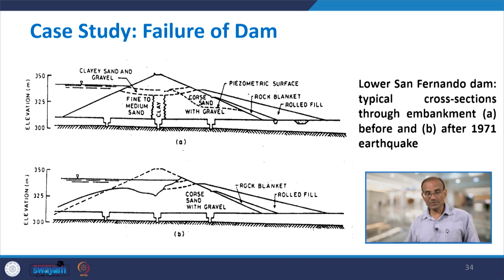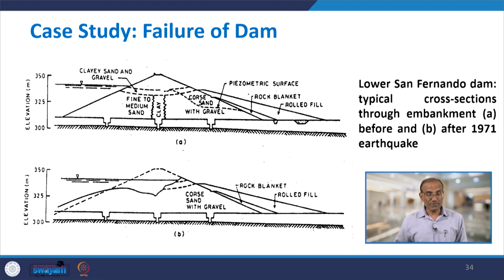So, here is the photograph of the dam. This is the lower San Fernando Dam, a typical cross section through the embankment. On top is before the earthquake, and at the bottom after the 1971 earthquake. So, what happens? You could see when the earthquake occurs, this dotted line is showing that the top portion of the dam toppled, failed, and was taken away